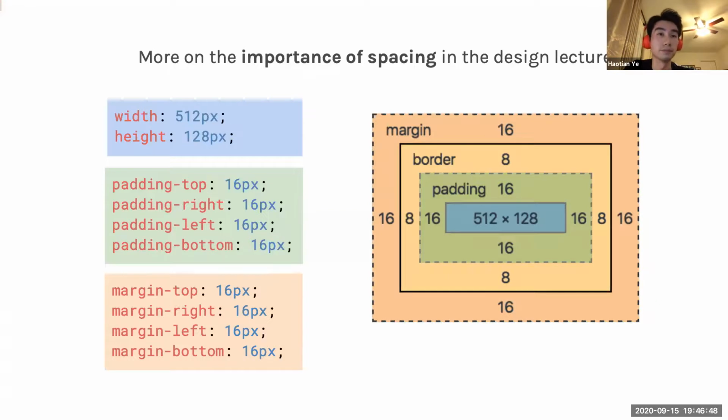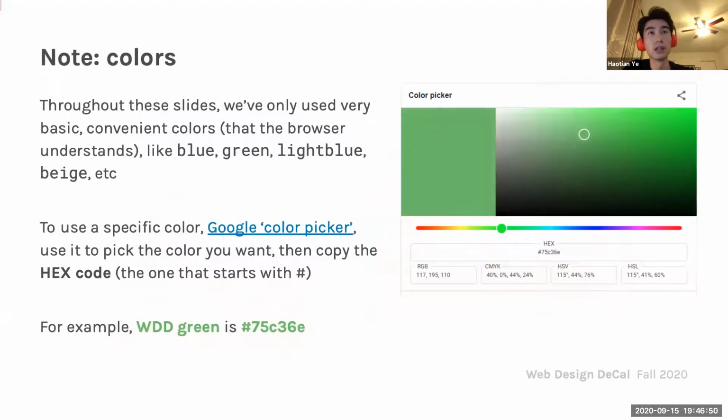So as for colors, you probably noticed throughout all our slides that we used the English words blue, yellow, green, like I want those in those colors. These are preset values for the website to render. But since there are trillions of different colors out there in the world, you can use what's called a hex value for that color.